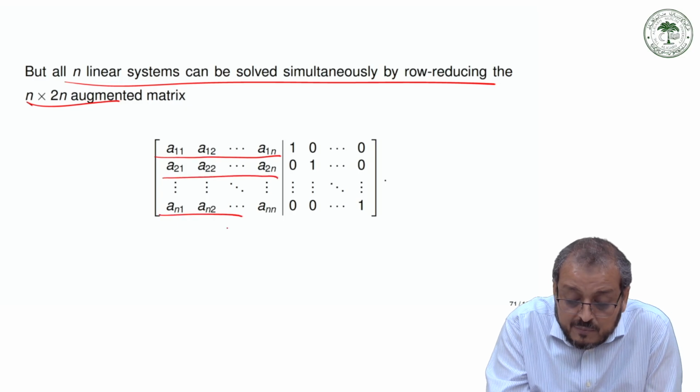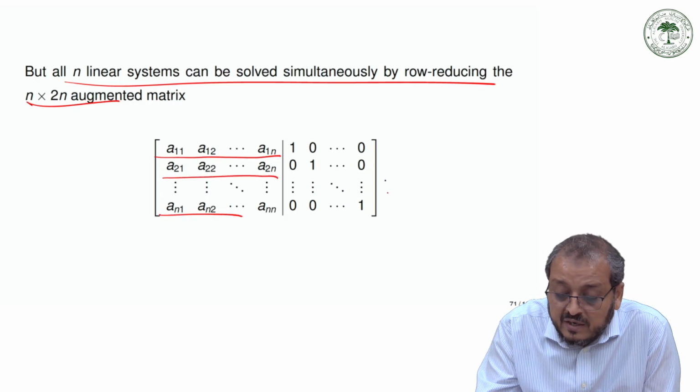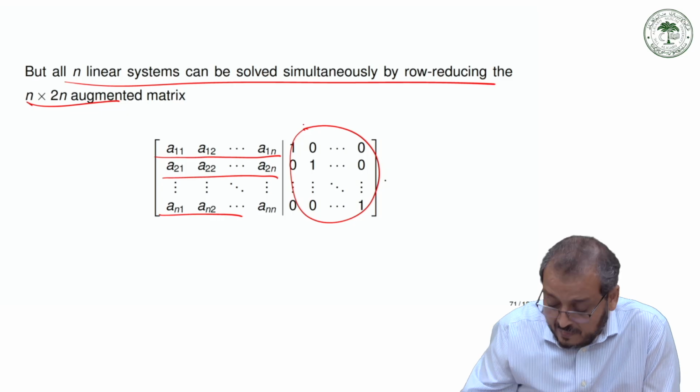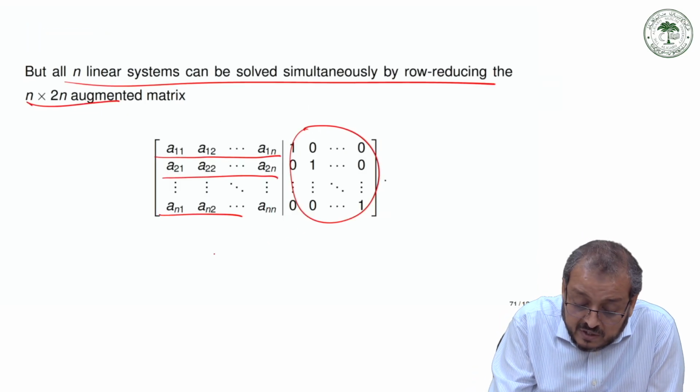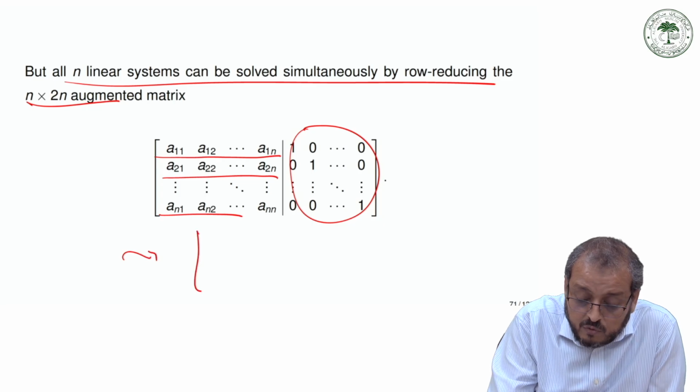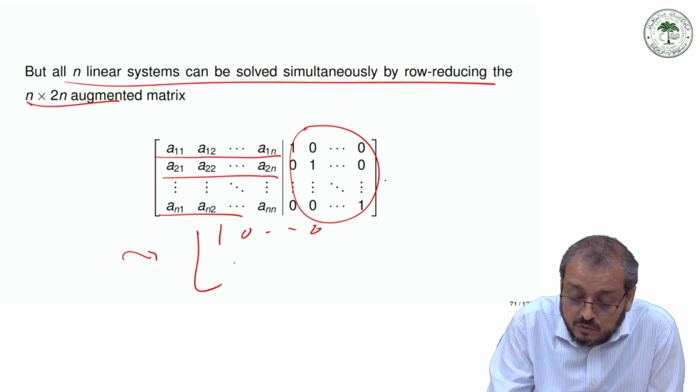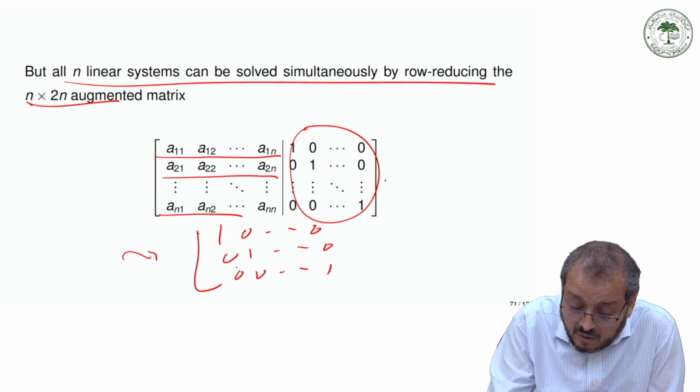Then we apply elementary row operations, converting this matrix into the form with 1 0 up to 0, 0 1 up to 0, 0 0 up to 1, and so on,